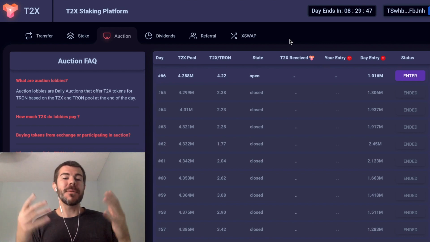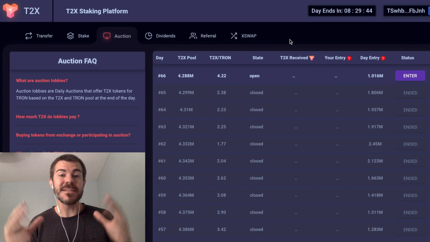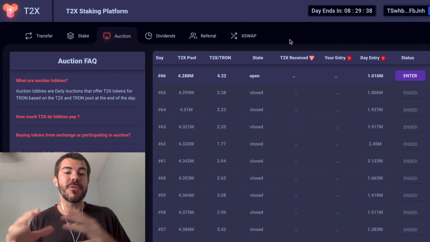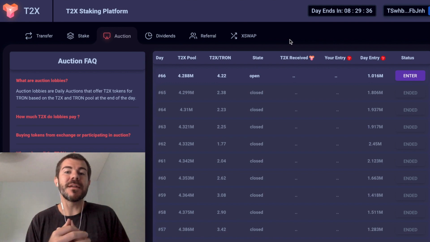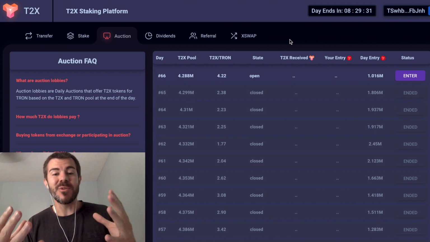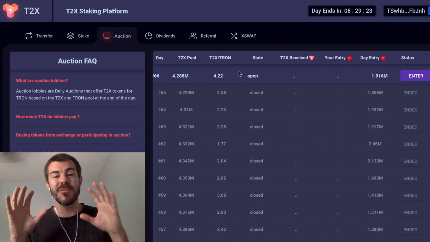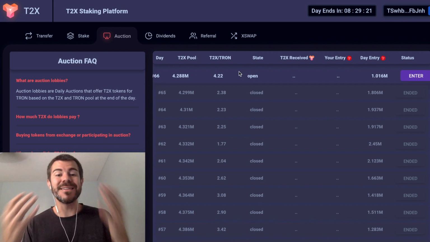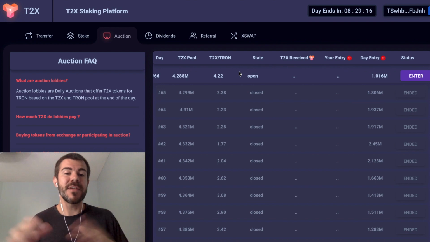Today I'm going to show you how I make $77 per day on T2X Staking. Okay, so T2X is a cryptocurrency. It's a token on the Tron network, and you can stake this token and get dividends. So I'm going to show a little bit how it works. If you want to see in depth how it works, check out my previous video that has a way better